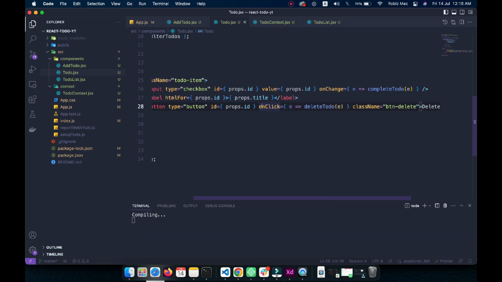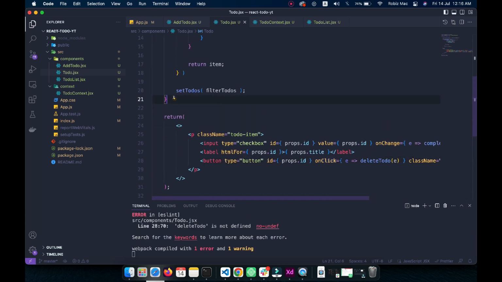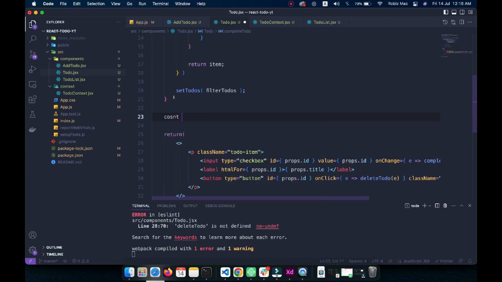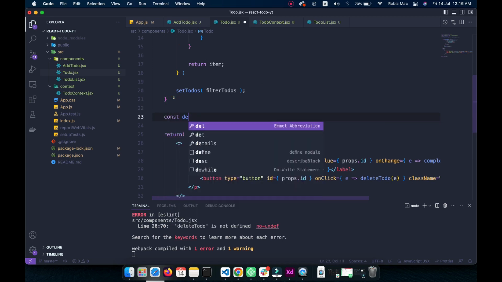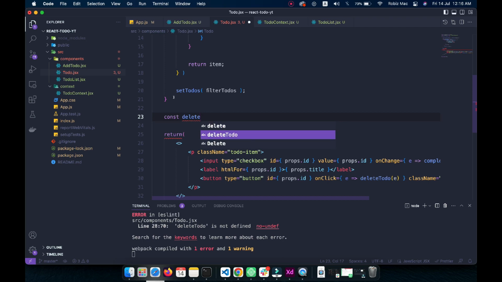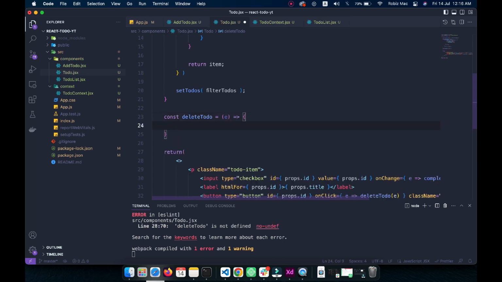So obviously we need to create const deleteTodo, and okay, so let's do e.preventDefault,